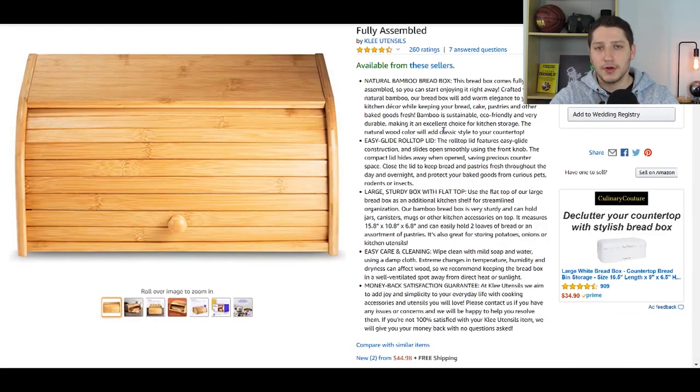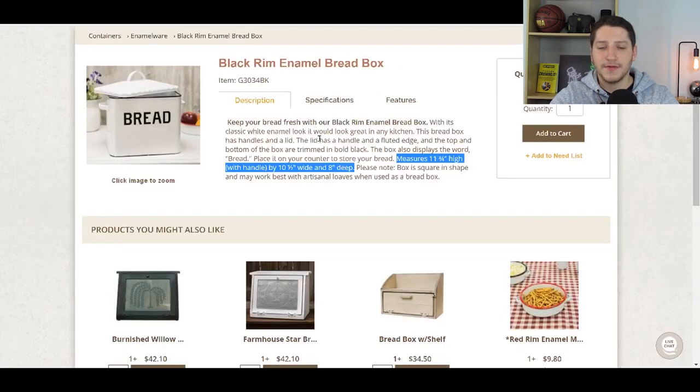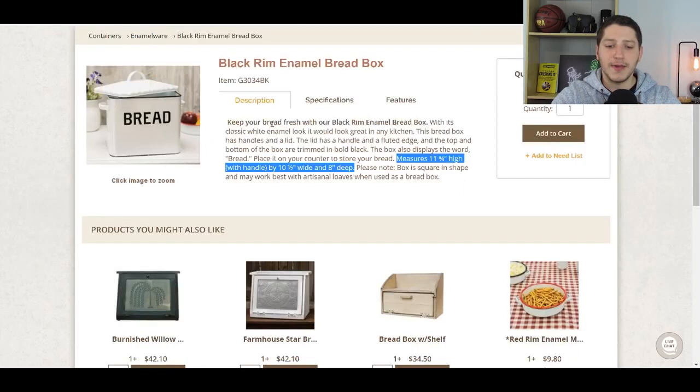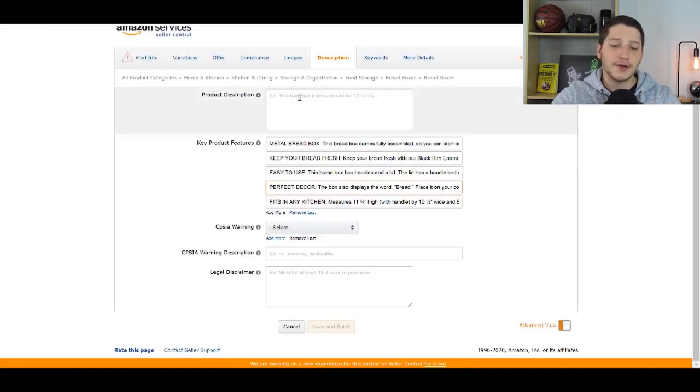Once I see how they're doing it, I'm then going to go back to my manufacturer's website and look for 5 features that I can highlight for my item. So here I have my bread box, and what I like to do is take the key feature, put it in all caps, and highlight it. And then after that, I'm going to write 2 sentences, or a sentence, that supports why this is such a key feature. For my specific item, I read everything here and I took out these key